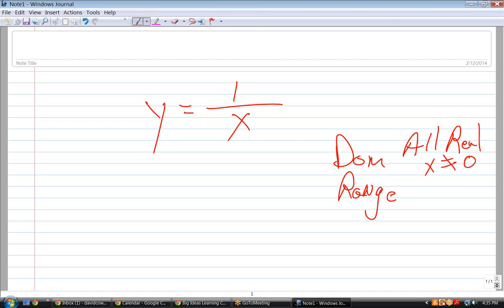How about the range of this function? And kind of a way to think about the range of a function is to consider,